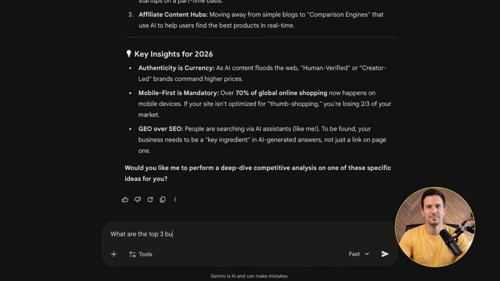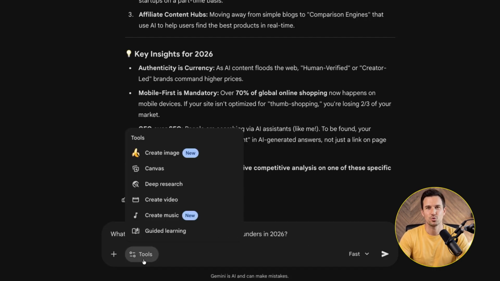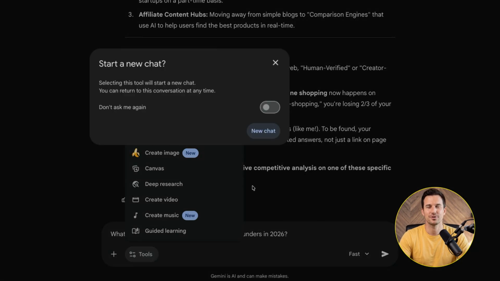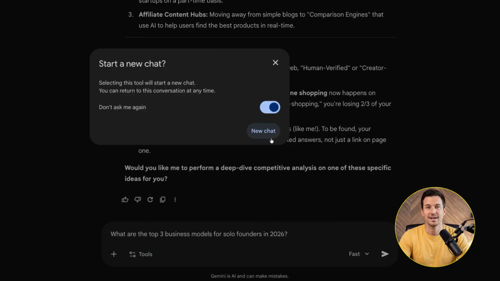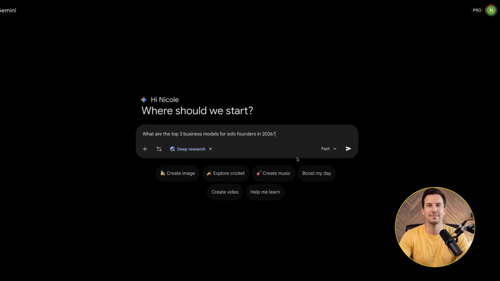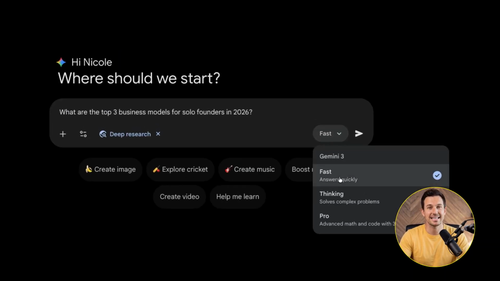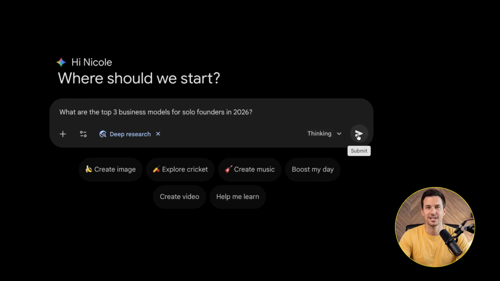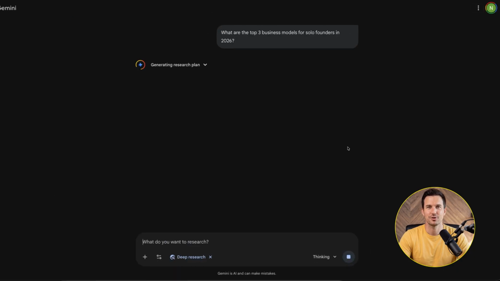Let me show you how it's done. I will ask, what are the top 3 business models for solo founders in 2026? And now, to invoke this power feature, I will click on Tools, select Deep Research from the list. It gives me a warning that selecting this tool will start a new chat. I will allow it, and it brings us to a new chat window. I want the research to be deep and accurate, so I will select Thinking Mode instead of Fast, and then click on Submit. Now, it is generating the research plan